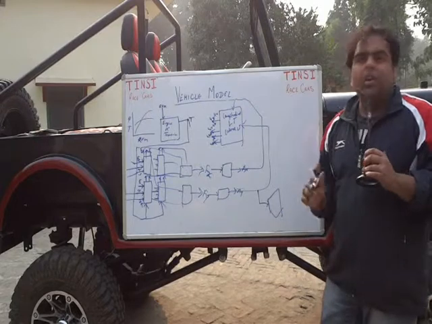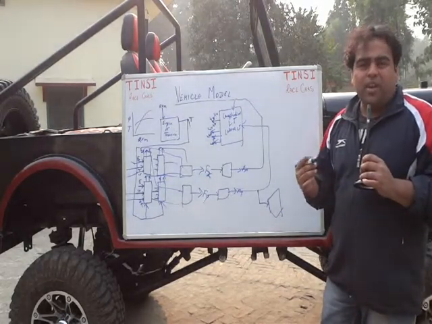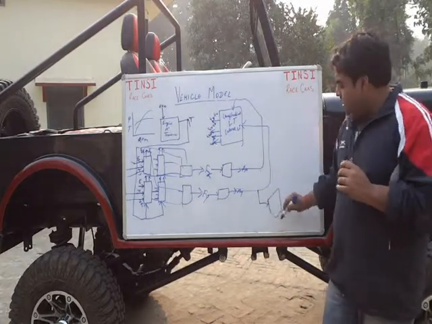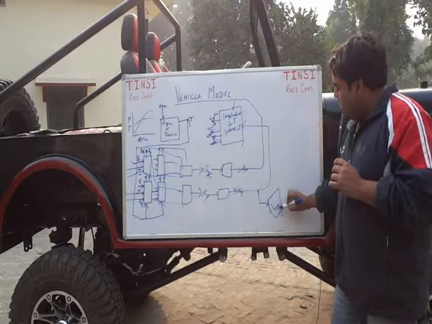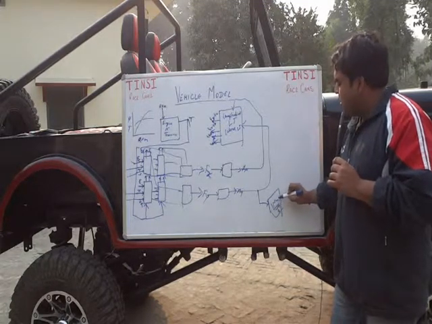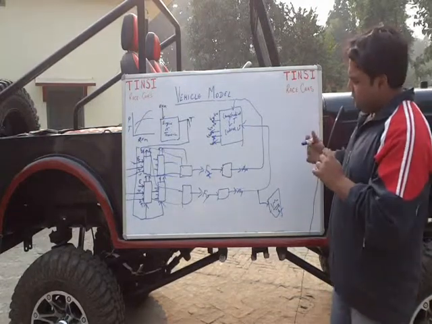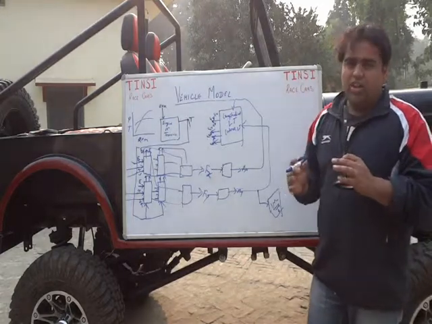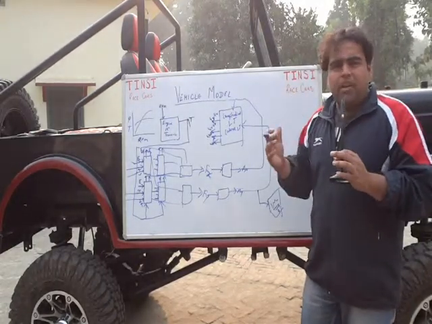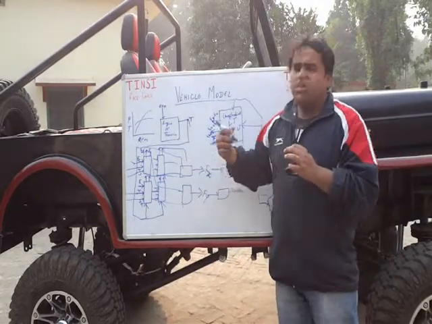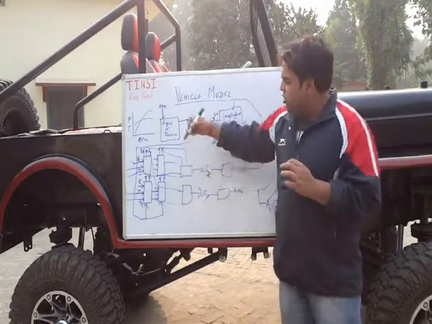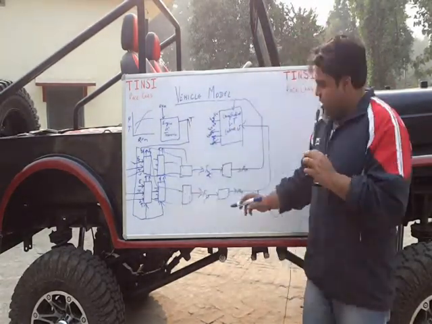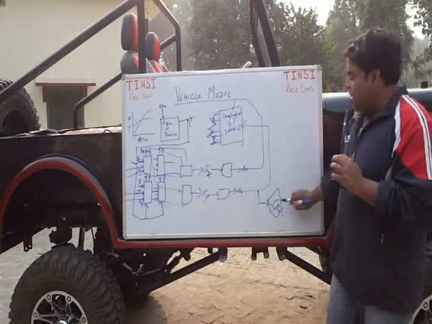Suppose I want to see how the lateral acceleration of my vehicle is varying, then I can attach an output interface over here, and I can see the graph of how my lateral force is changing with time. Then suppose I have to see the effect of some change in my vehicle. If I change the gear ratios in the transmission, my torque will be changing, and so all these results will be changing, and I can see the change instantly over here.